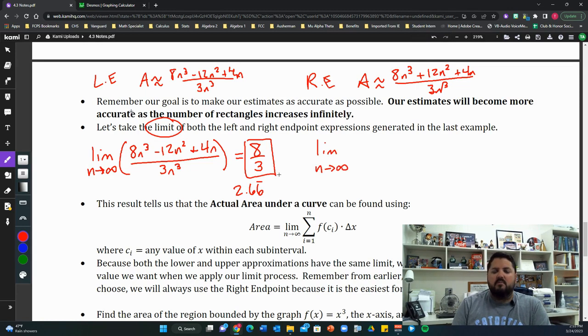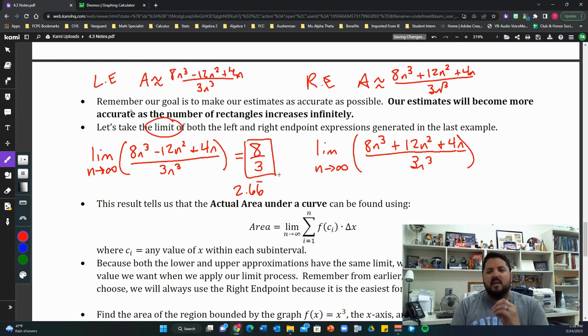So if I take the limit as n approaches infinity of this expression, well, we said the only difference in these two expressions was that middle term. The left endpoint was minus 12n squared. The right endpoint is plus 12n squared. But when we took the limit of the left side, or the left endpoints, the middle term doesn't mean anything, because as n gets really big, it's only the leading term that actually does anything for us. So this is still same over same, and therefore that limit is actually going to be the exact same value